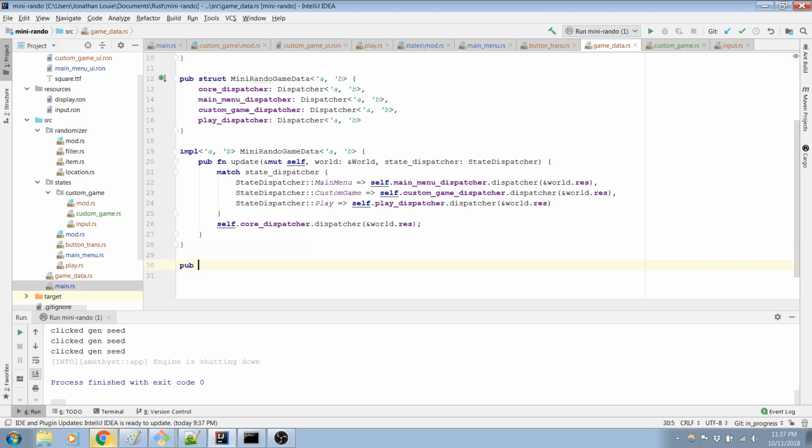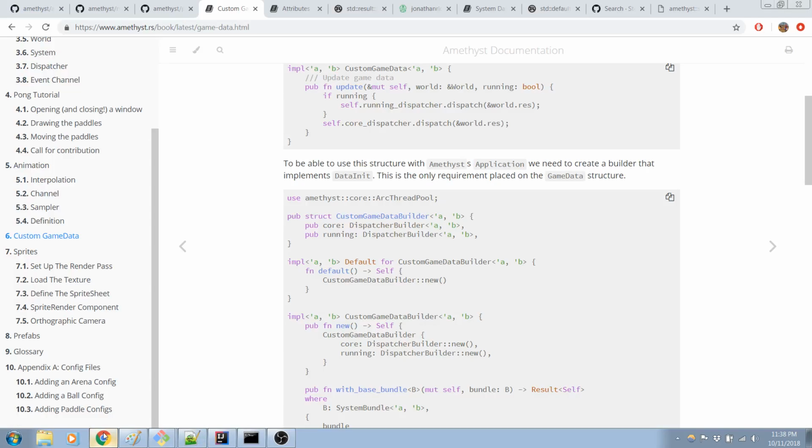So I'm just gonna create the Mini-rando game data builder right here. Yeah, should try and adhere to the camel casing as much as I can,